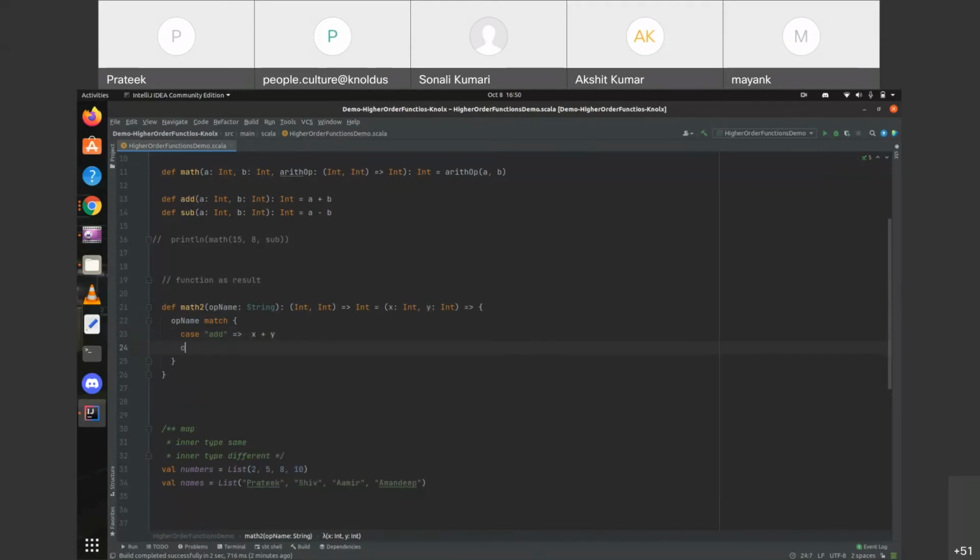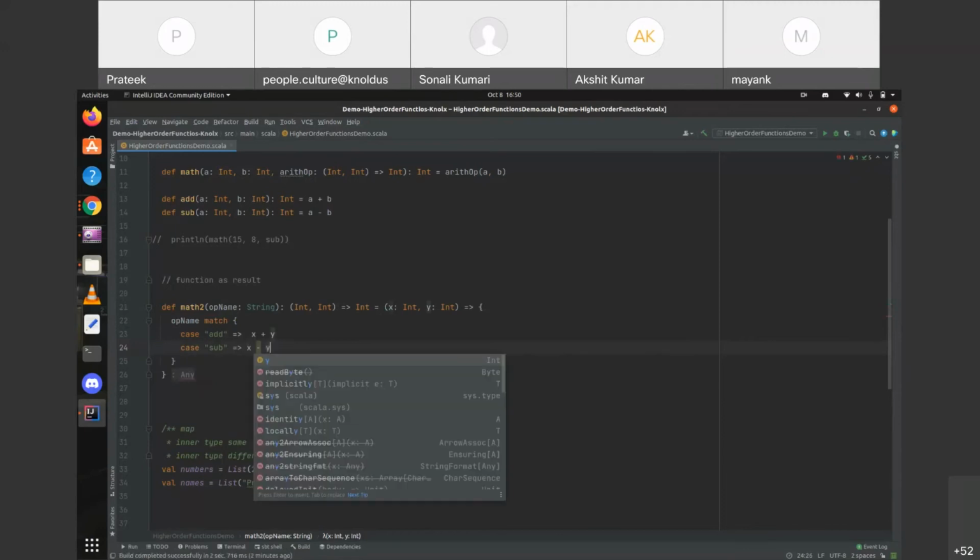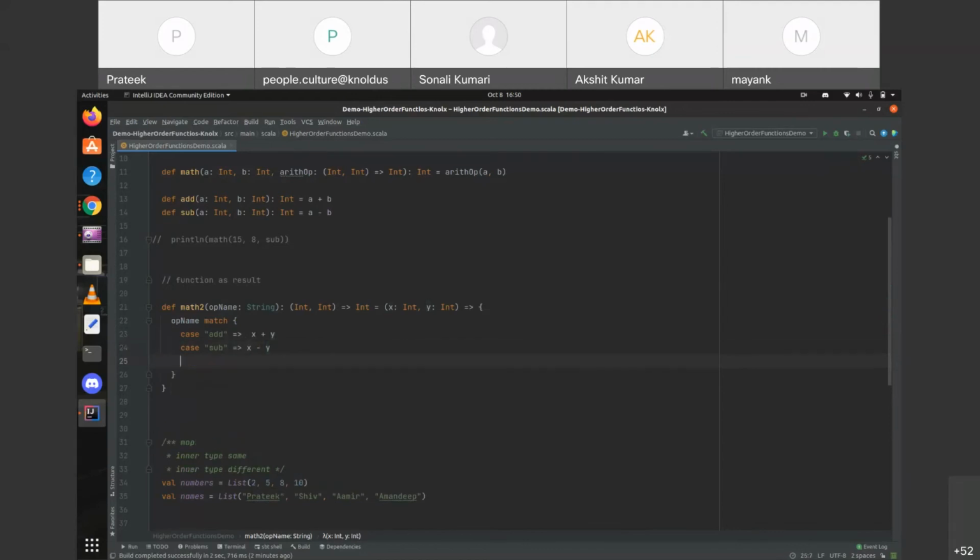So if it's a subtraction operation, then it will return us the subtraction. Similarly, we can also define for multiplication and division. Let's quickly do that.